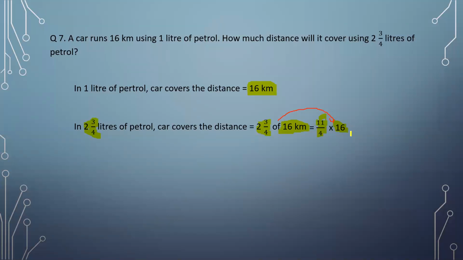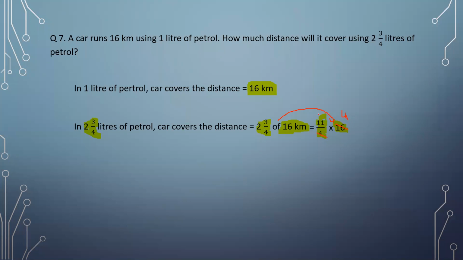Now you know that if some numbers are divisible, then we can directly divide those numbers and then perform the multiplication. Here you all know that 16 can be divided by 4. So if we divide 16 by 4, we know that 4 4s are 16. So instead of 16 we obtain 4, and now we can perform the multiplication of the remaining numbers.